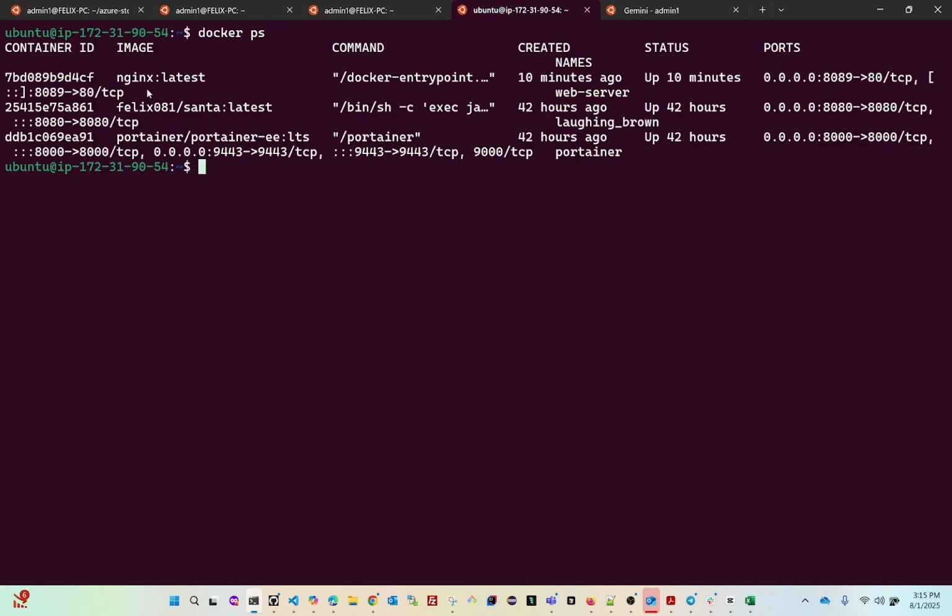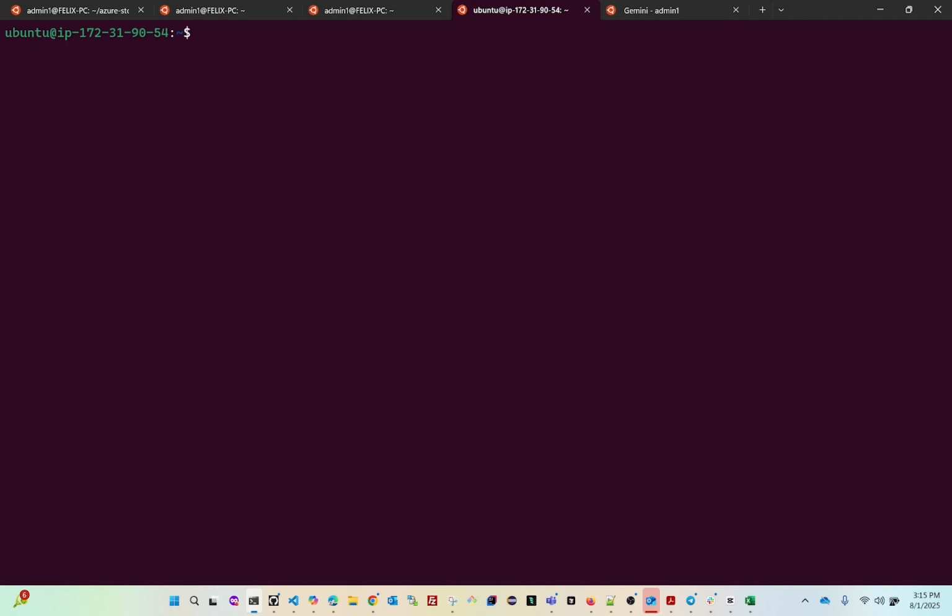Let's assume that I want to interact with my Nginx container. I will get the ID of the Nginx container, and I'm going to exec into the container by using the command docker exec